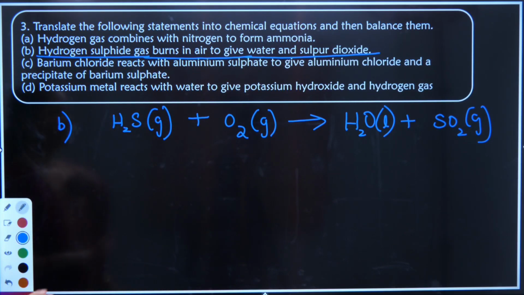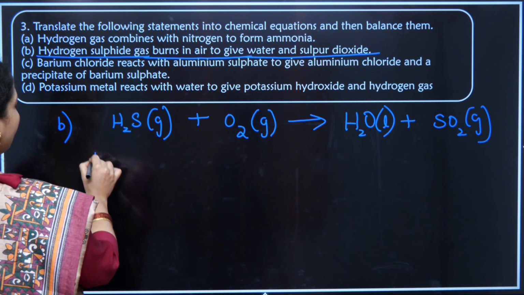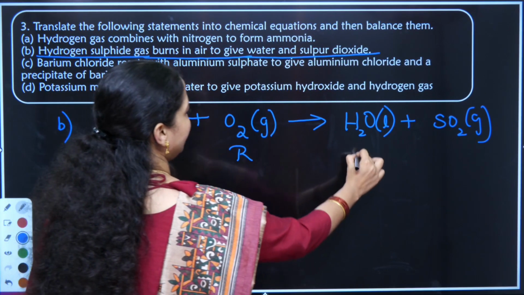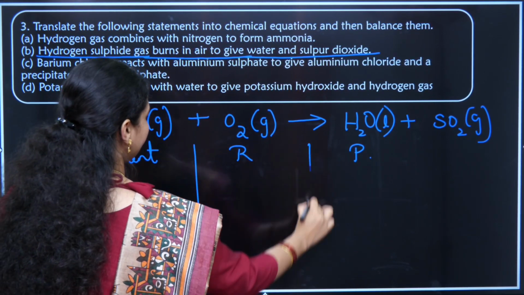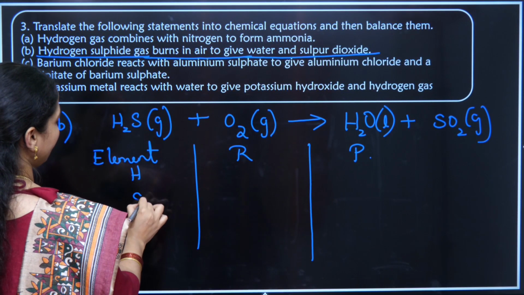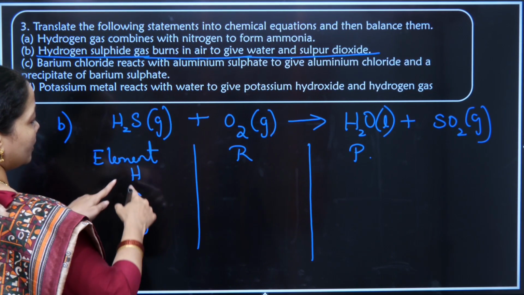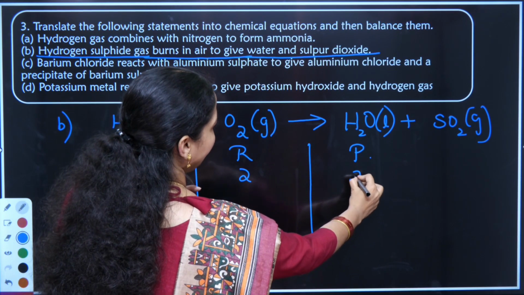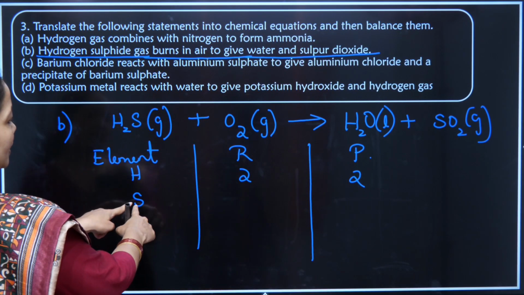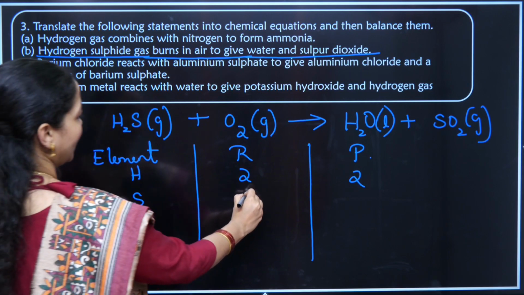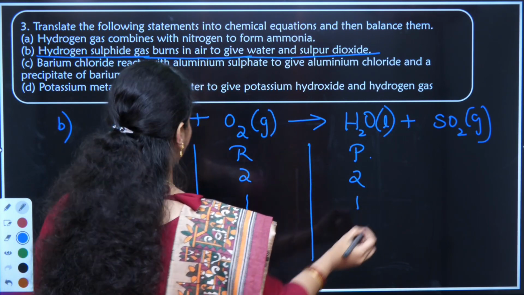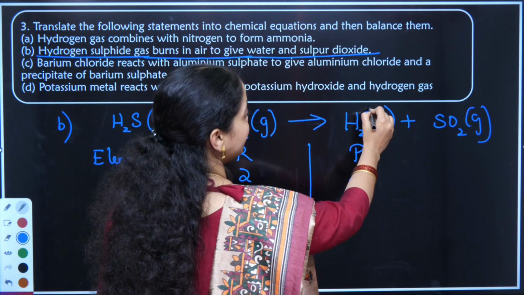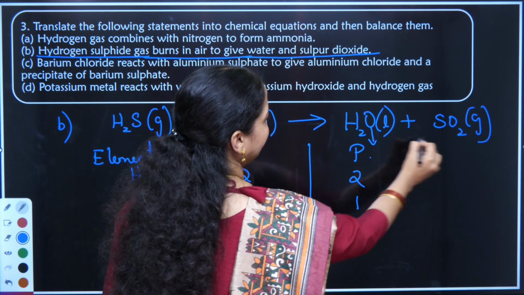Now let us check the quantity of each element present here. What is the count of the atoms present? Element, reactant, product. There are 3 elements present. One is hydrogen, the other is sulfur, third is oxygen. Count of hydrogen in reactant side is 2. Count of hydrogen product side also 2. Count of sulfur in reactant side 1. Count of sulfur product 1. Count of oxygen in reactant side is 2, whereas in product side it is 1 here, 2 here,